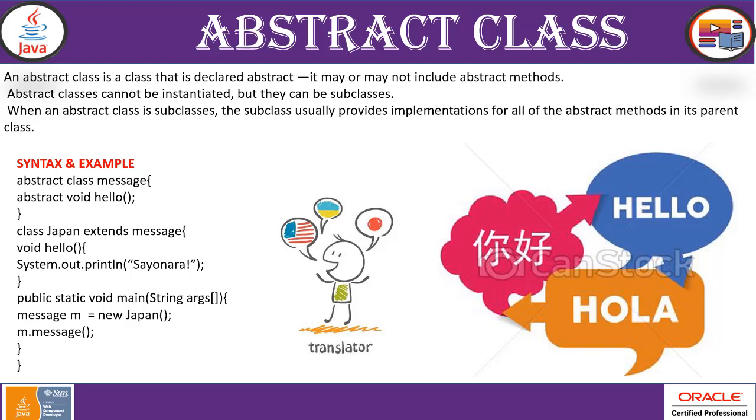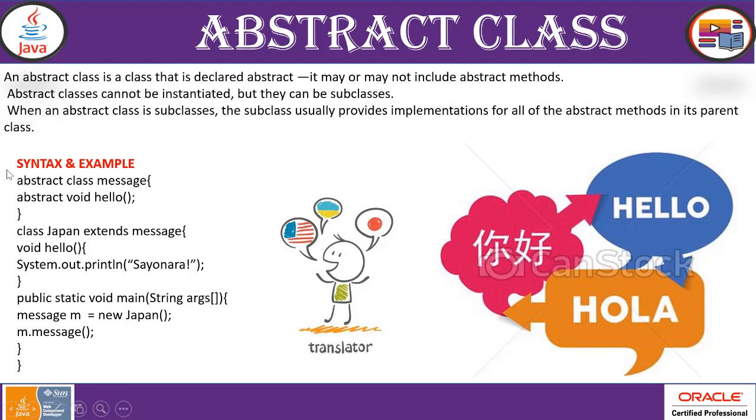So for example, if you see, we have a class. Instead of a public class, it is an abstract type of class. That means this class has an abstract type of method. Now, an abstract type of method is defined, but it is not implemented. Now, when we extend this type of class, you can implement it with respect to your